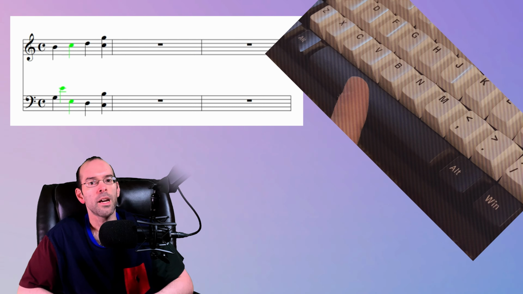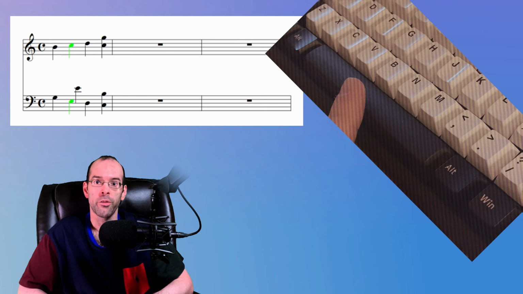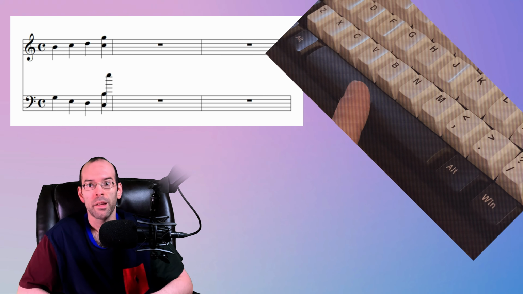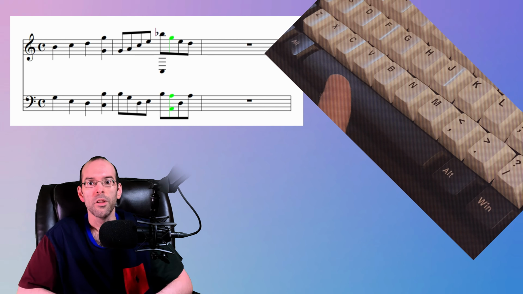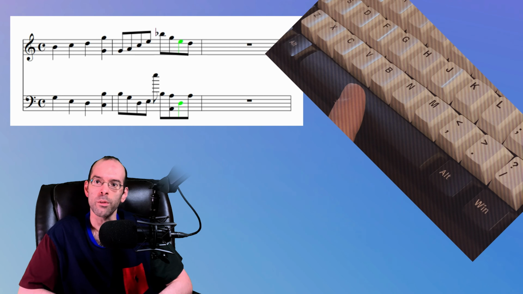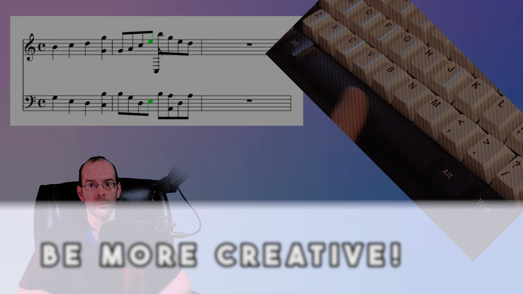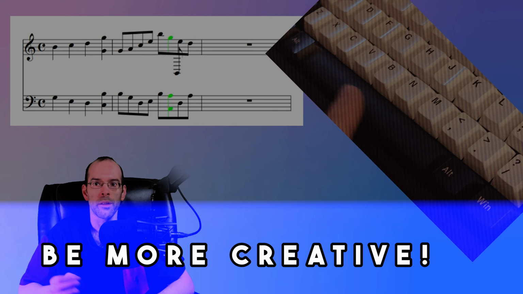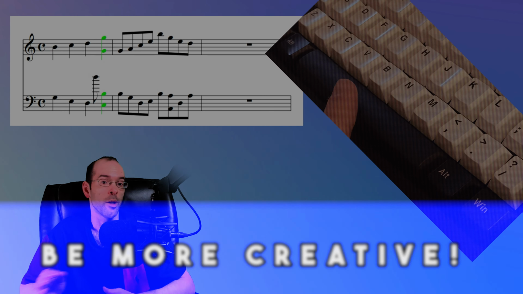I hope you can see how Music Jotter's fluid note entry and responsive playback system can help you compose music more efficiently. You can see how this software lets you be more creative with your ideas. You jot down your ideas and you play them back anywhere within the score at a very fast pace. And this technique that you just saw today will be made possible with Music Jotter.